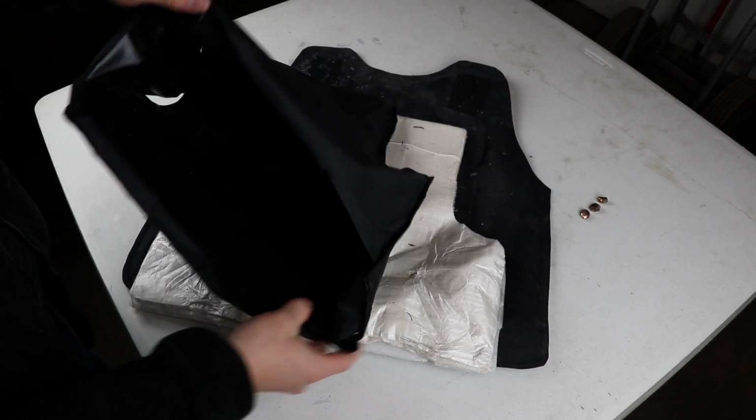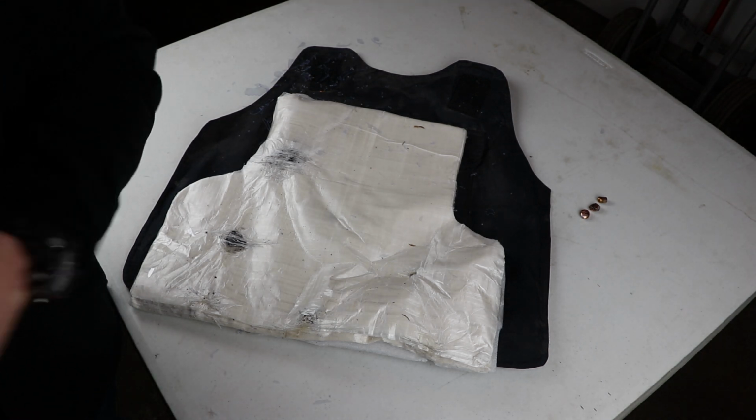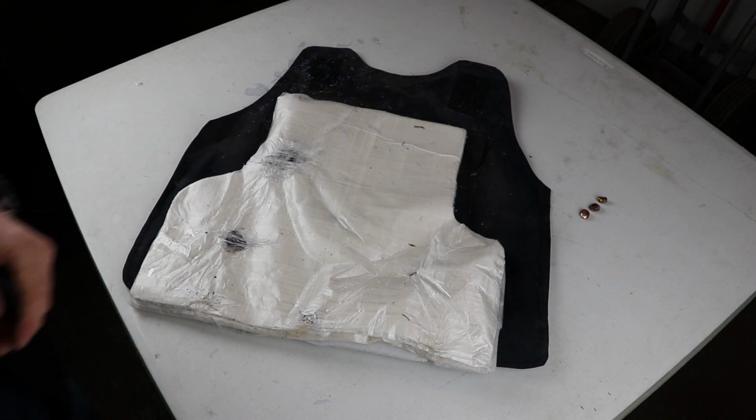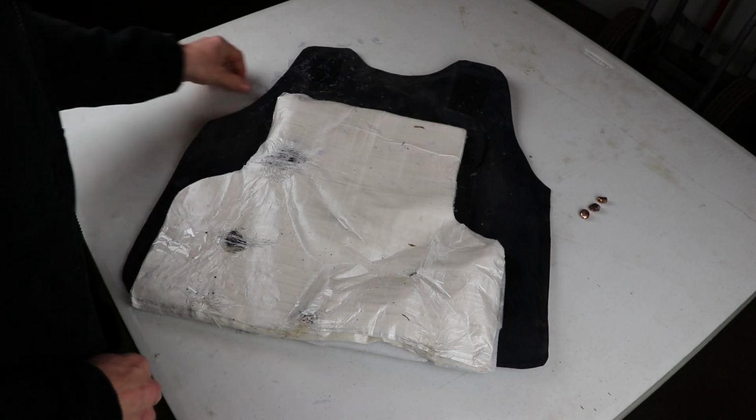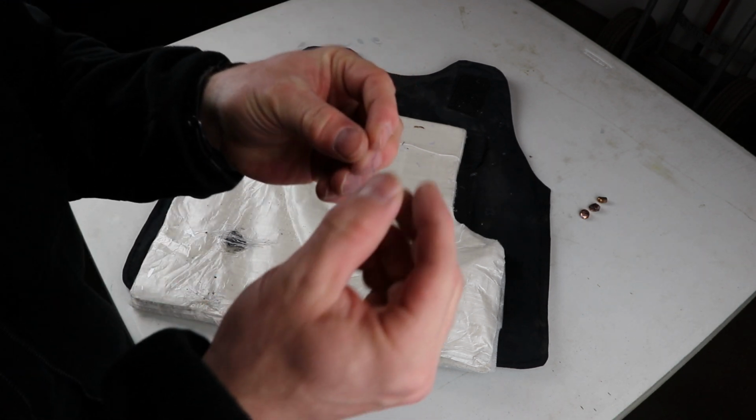Empty inside, and yeah, I see areas where the cover cracked but no round holes that would indicate a round coming through. Sorry about any wind noise you hear in the background. It is super windy here in Chicago today. I don't know what this stuff is. This looks like some sort of